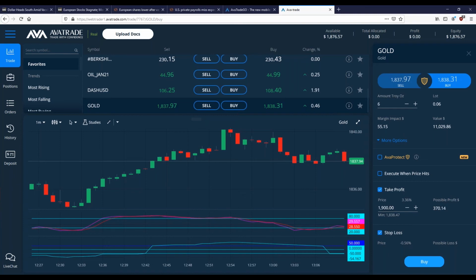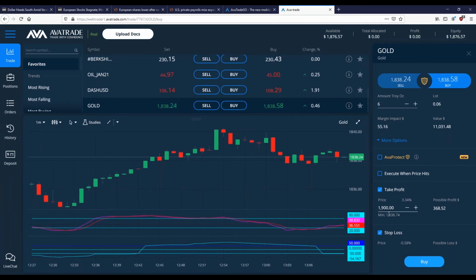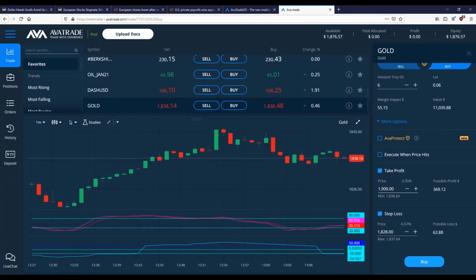Anwar, I'm not sure what you mean by a blanket coverage function, but I would say no. You need to set up your risk management and trade size for each individual trade. Here's how much has to go to margin, here's how much you're risking to your stop loss, here's your potential profit to your take profit, etc. So set up your risk management per trade on how you want to manage your risk.